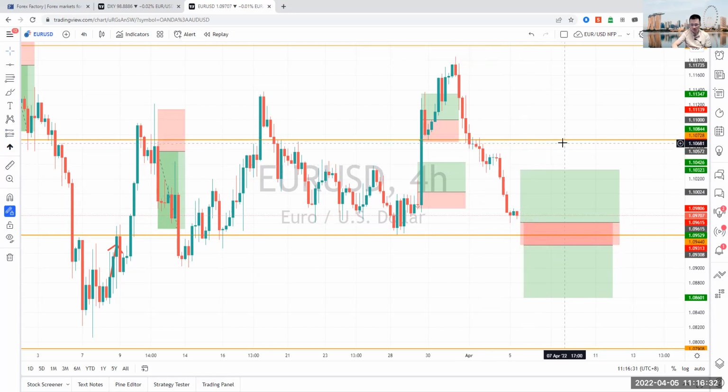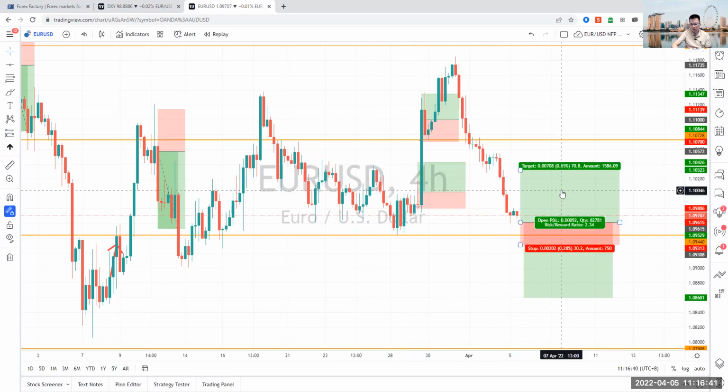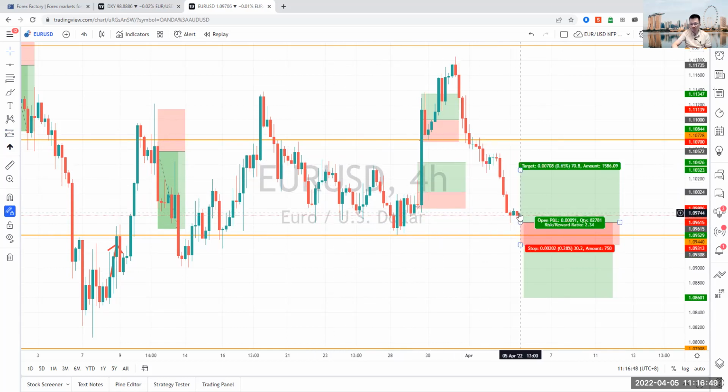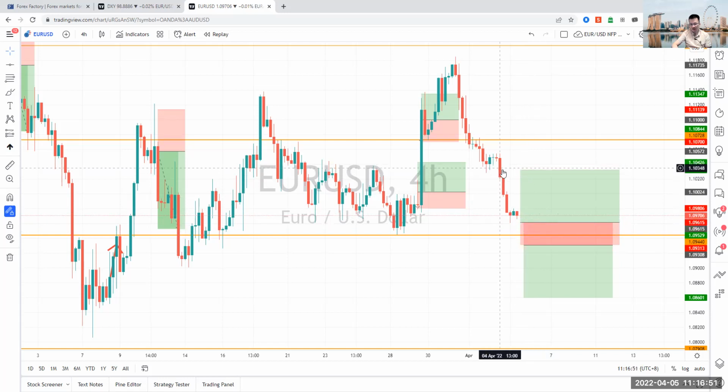I wouldn't go all the way to the top just because of those recent points here. It could very well go up towards that resistance, but at a 1:2 risk reward ratio towards the upside, because of these recent points here, and also how it reacted at this level, I think that if it does bounce back up, we're going to see it reach that point quite easily, and beyond that might take a little bit more effort.